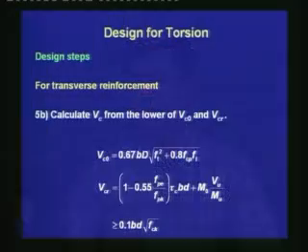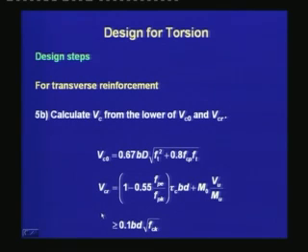and the expressions of these two quantities Vc0 and Vcr are as follows: Vc0 is equal to 0.67 bd times root over ft squared plus 0.8 fcp times ft. Now, in this expression, ft is the tensile strength of concrete and fcp is the average prestress at the level of the CGC. The expression of Vcr